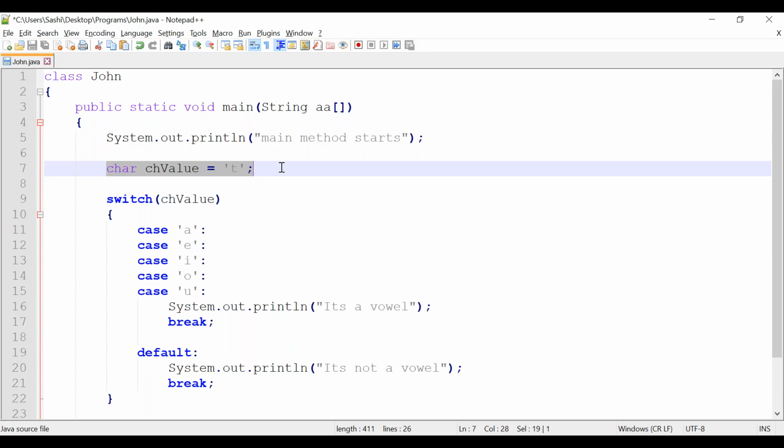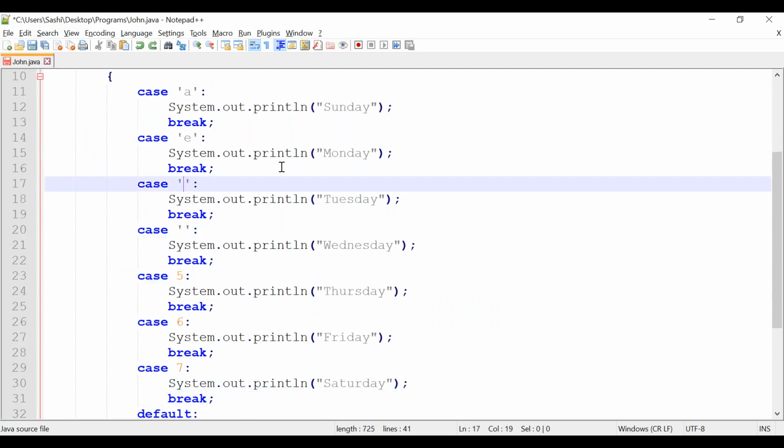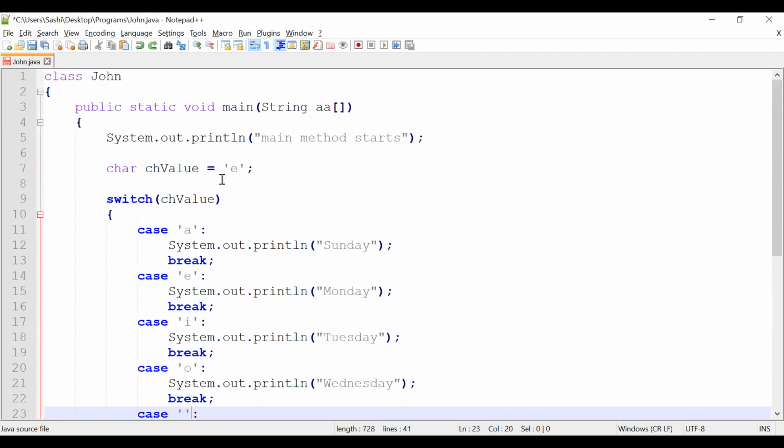That is also possible. Our next program is string. Consider I am going with something like this. This is also possible. We can experiment with our previous program. So what I can do here, I can give the value as string.